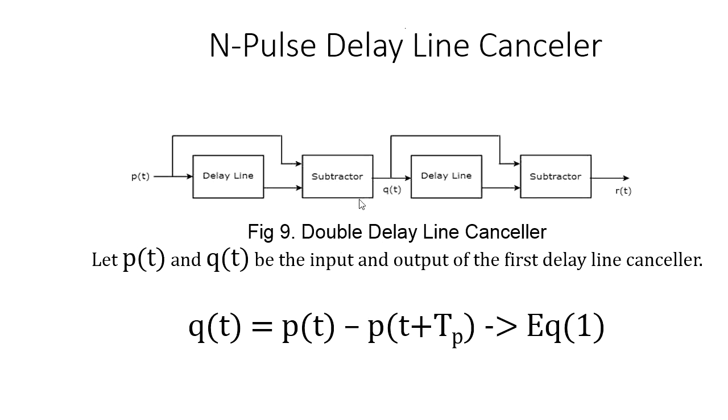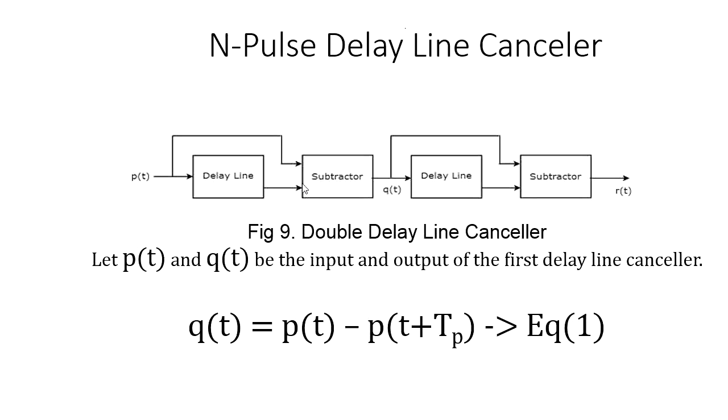Now we will discuss the block diagram of the delay line canceller. As we know, in the delay line canceller, we get the input signal from the phase detector and we need to convert it with an analog to digital converter. After that, we have a delay line, that is TP equal to 1 by FP, and we give one output of the delay line to a subtractor, and the same signal we give directly to the subtractor. So the subtractor performs the cancelling of the clutter signal present in the echo signal.